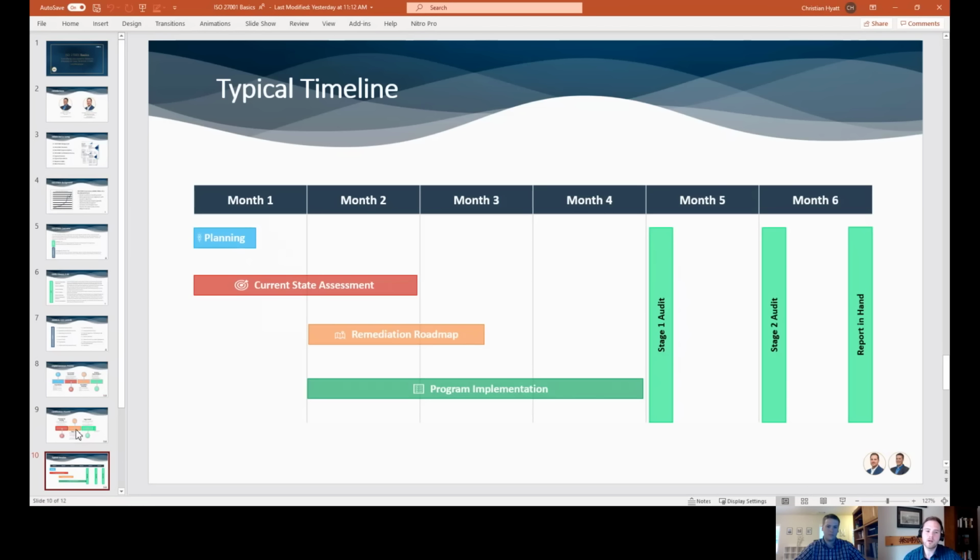Let's talk about timeline really quick. People always want to know how long this is going to take. My recommendation, and I think Sawyer, you would agree, we talked about this, is probably a minimum of 6 months to get through implementation and then also the audit. Some companies take a year. We have a couple that were over a year, but typically 6 months to a year, you can get ready for an audit. If you want to be really aggressive about it, 6 months is a good timeline.